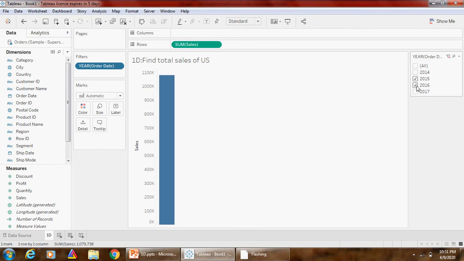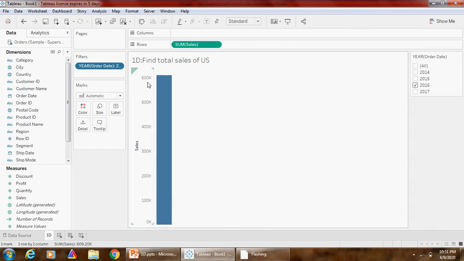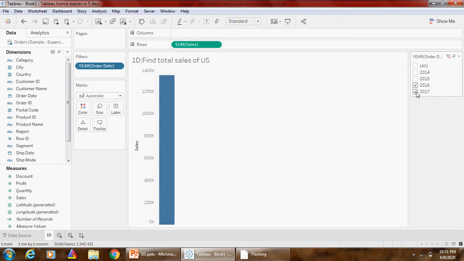If you select 2016, it will show you the sales amount for 2016. Or if you select 2 years, it will show you the total sales amount for 2016 and 17. So here we have created a one-dimensional data visualization. Here we have used only one attribute, that is sales, for visualization.